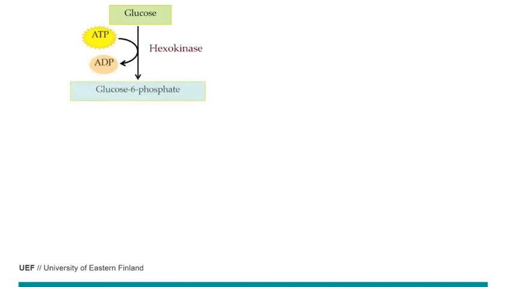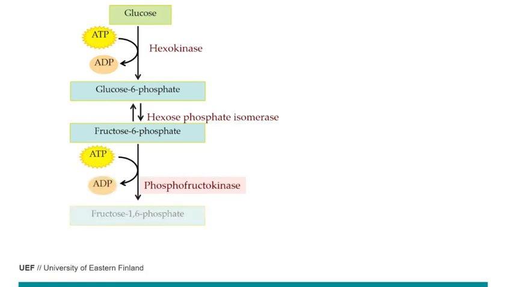Okay, let's have an example. For example, glucose. We are making the anaerobic metabolism. First of all, we have hexokinase. Then we have hexose phosphate isomerase to produce fructose 6-phosphate, and then we have phosphofructokinase. And this reaction is quite much the rate limiting. So this enzyme is